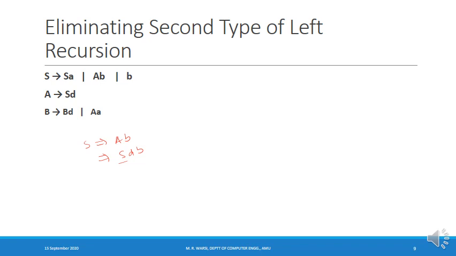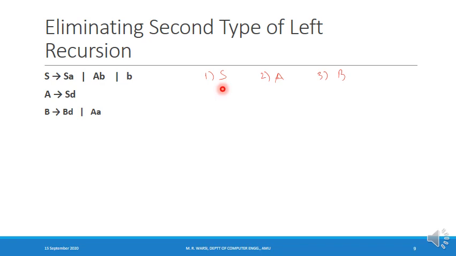First of all, you will place the variables in some order. Let us say that the order I have selected is: I am placing the variable capital S first of all, followed by the variable capital A, and followed by the variable capital B. So this is the order that we have selected of the three variables. You can choose any order that you want, but this is the order that we have selected. Now we'll pick up each variable in order one by one, and we'll process the productions of the variable.